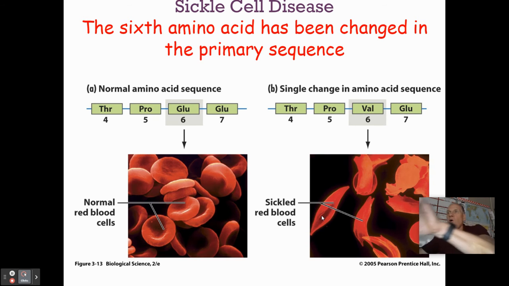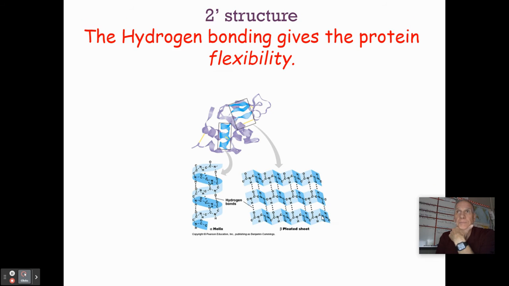Basically what happens is all the hemoglobin molecules are going to stick to each other like this. Normally they're round molecules kind of floating around within the red blood cell, but when you change that one amino acid, they get a little sticky spot on them. And that causes those molecules to form a long chain, causing the red blood cell to have this sickle shape, which then does not allow those red blood cells to move through your capillaries very well.